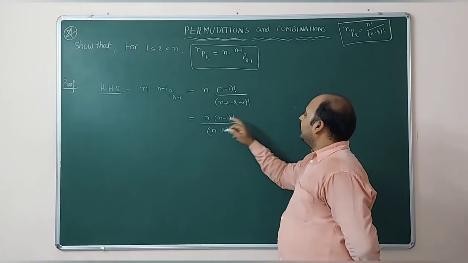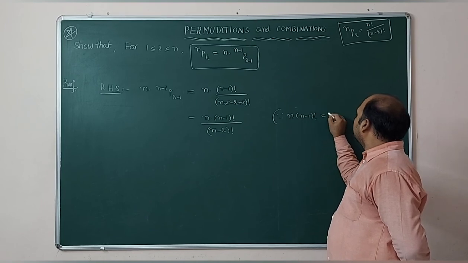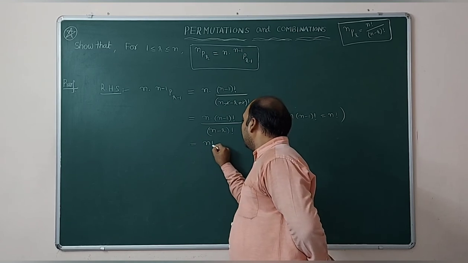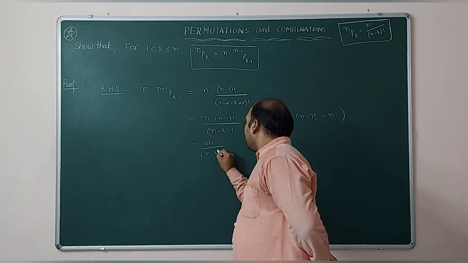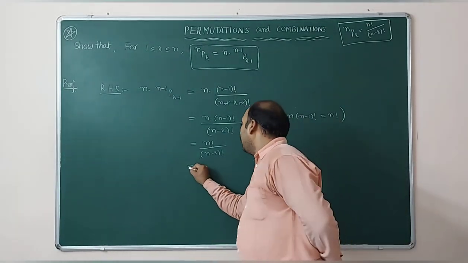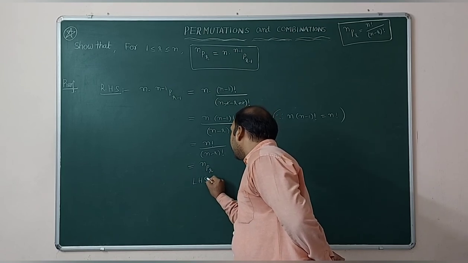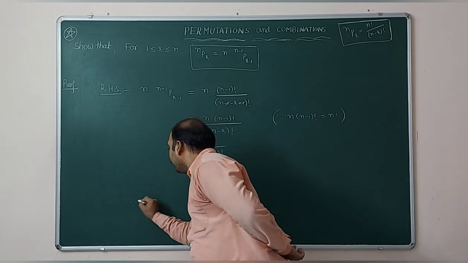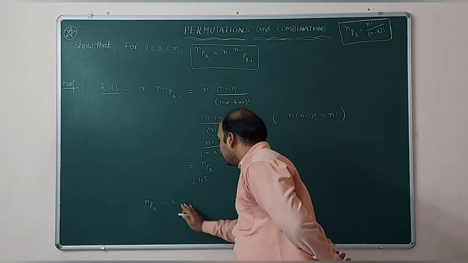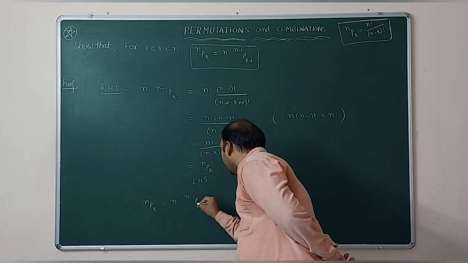We know that n into n minus 1 factorial is equal to n factorial. So in place of numerator, we can write as n factorial by n minus r factorial. We know that this is the definition of NPR. So n factorial by n minus r factorial is NPR, which is required LHS. Therefore, NPR can be expressed as n into n minus 1 PR minus 1.